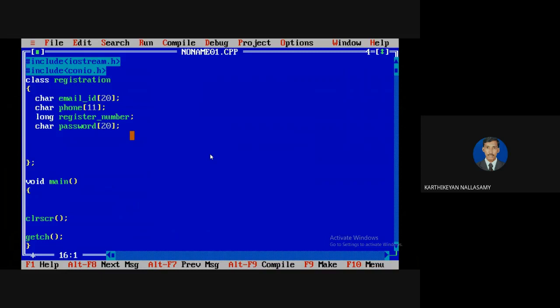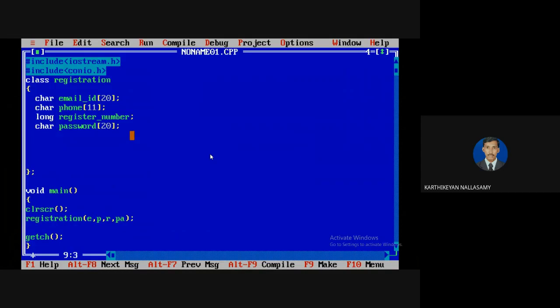Now I am going to create an object for registration, but before that I need to pass all those values. So registration, and I'm going to pass email ID, then phone number, register number, and password. These are the four, because it is an outside environment. In this situation, for registration, I need four details.